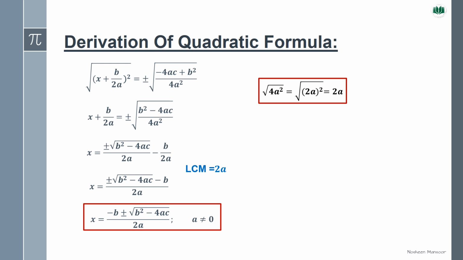And you are well familiar with a, b and c. So this is known as the quadratic formula. What is the quadratic formula for ax square plus bx plus c is equal to 0? That is x is equal to minus b plus minus under the root b square minus 4ac whole divided by 2a. Say it with me. x is equal to minus b plus minus under the root b square minus 4ac whole divided by 2a. These are the roots or zeros of the general quadratic equation, which can be used to find the roots or zeros of any quadratic equation. That's why this is the formula.